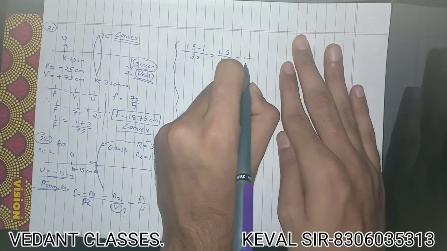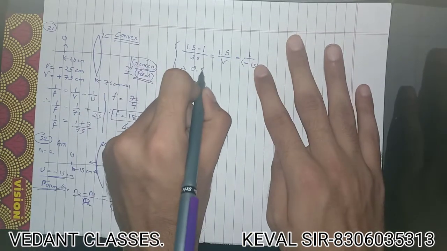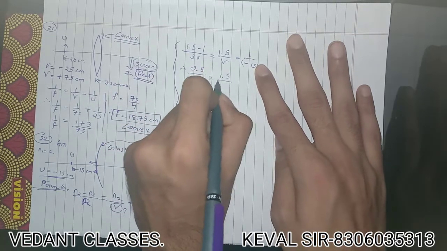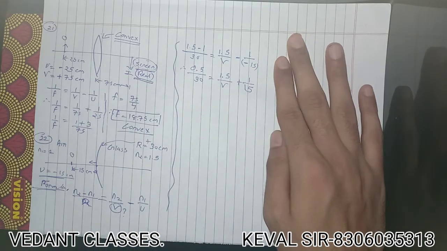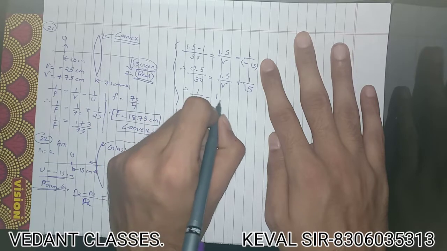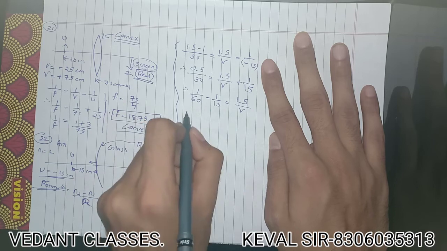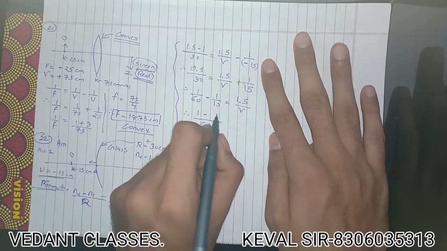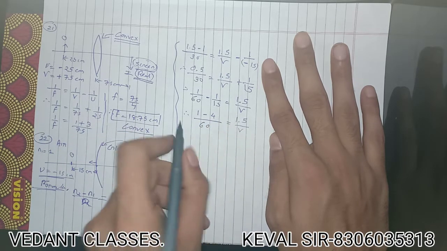So therefore 0.5 upon 30 is equal to 1.5 by v plus 1 by 15. So this will be 1 by 60 minus 1 by 15 is equal to 1.5 by v. Taking LCM as 60, 1 minus 4